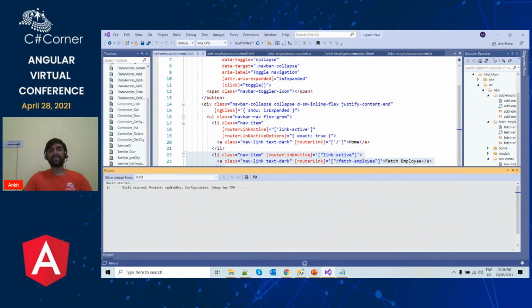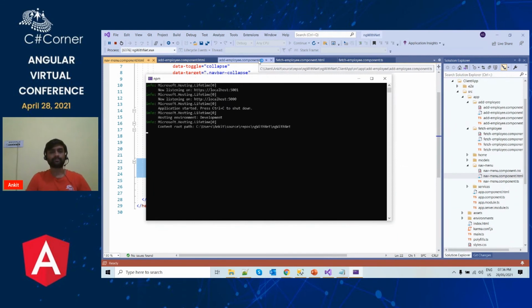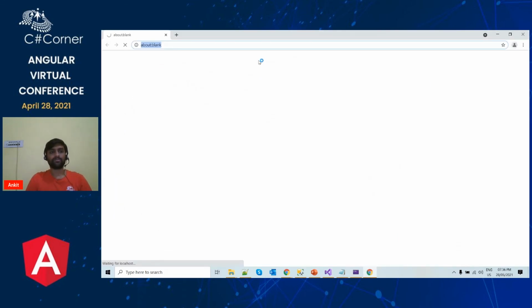So let me run this application and see it in action. We'll see the output if it is working perfectly or not. So the application is running.